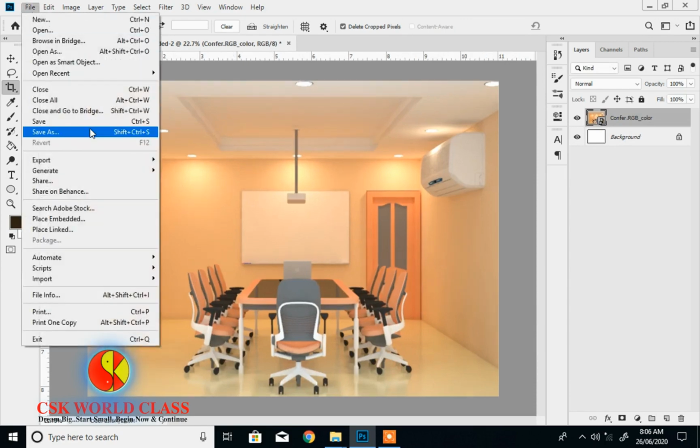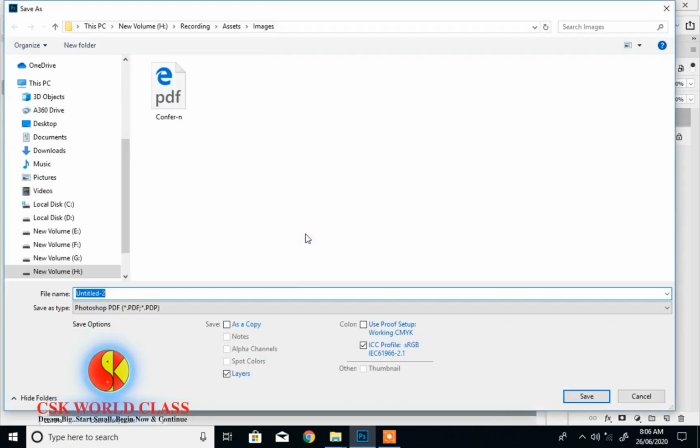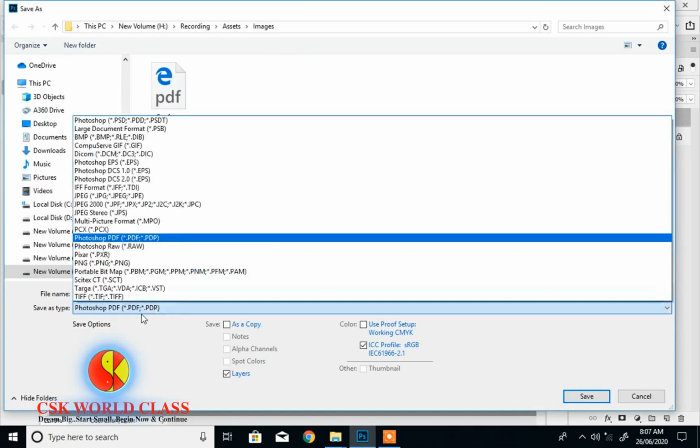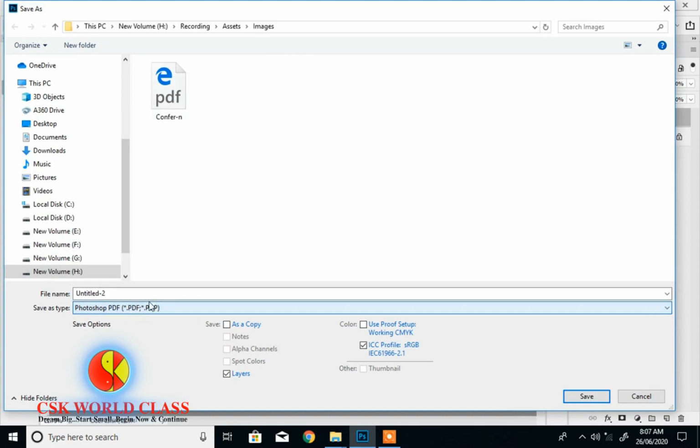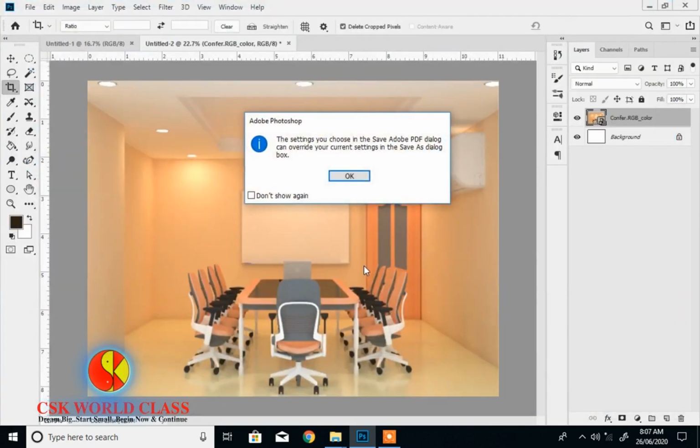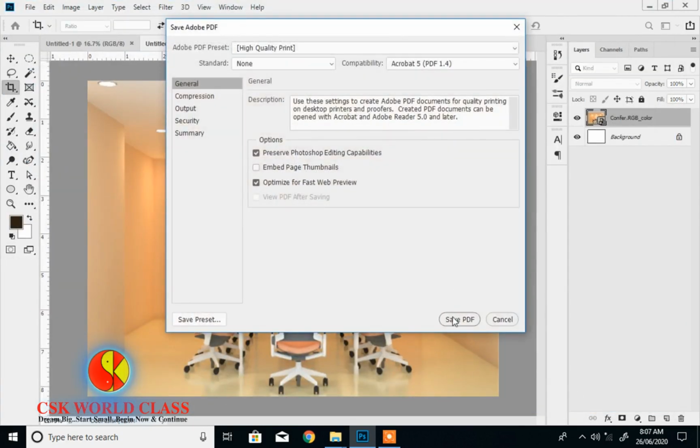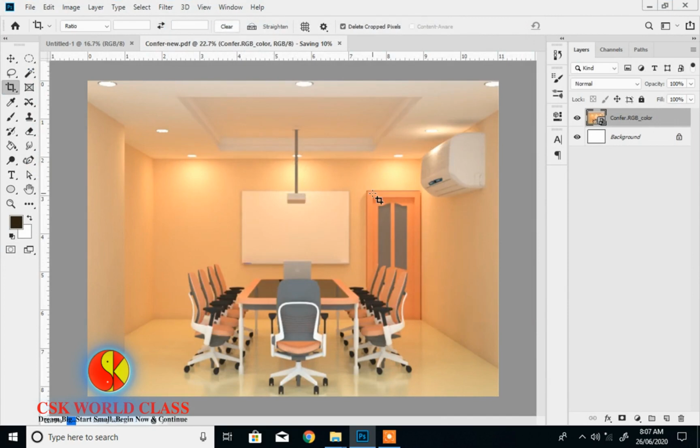Now I am going to save as a PDF file, not the PSD Photoshop file. So save the file, and I will choose Photoshop PDF here. Okay, that is important. My original file is already here. I will create this as my new file, so I will type NEW here. That is the new one, that is the latest file. Okay, save PDF. Yes, it is saved.